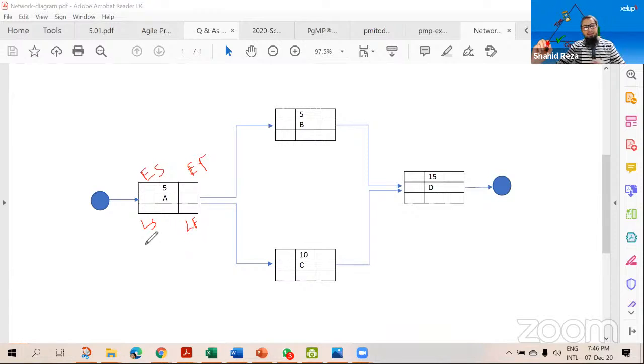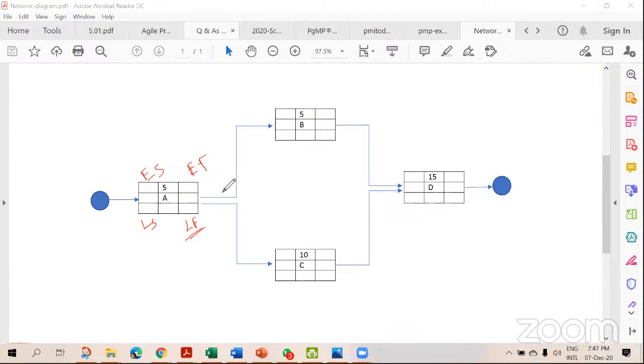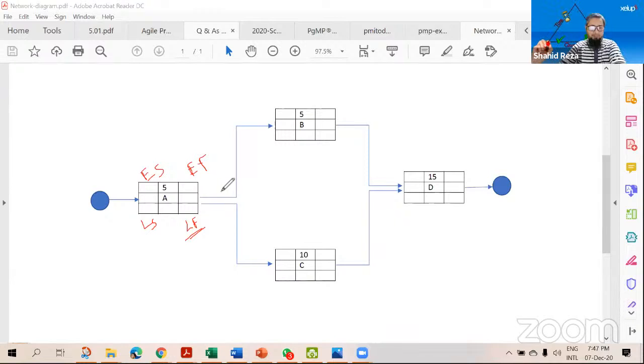Late start means the latest when we can start the task, and the latest when we can finish the task. If I say it in Bangla, if we keep delaying, then how late we can start, the late start, without any problem for this work, and how late we can finish without any problem. That is known as late start and late finish. Early start is how quickly we can start the task, and early finish is the best possible, earliest time we can finish. So these are the 4 variables